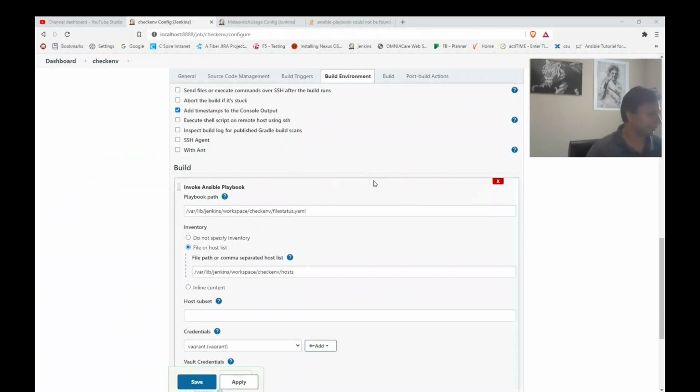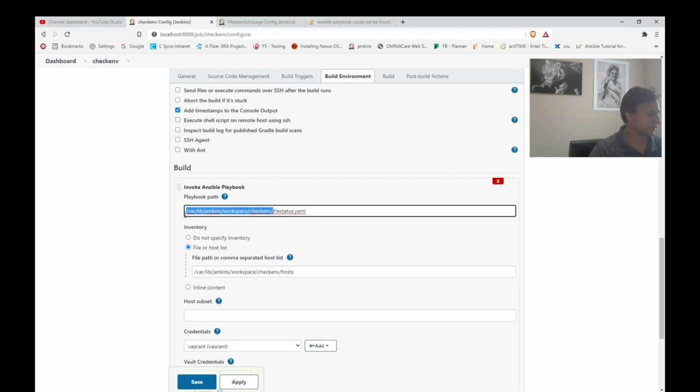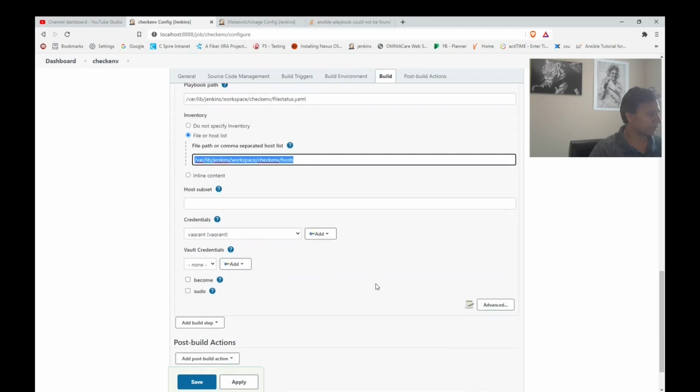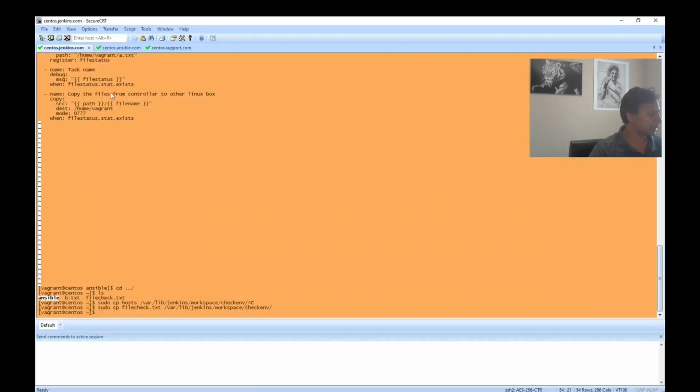Here what I have done, I copied this file status.yaml into its working folder. Likewise, the host file also copied to the working folder. From there, I'm executing. If you see, there are two external variables my work is relying on.